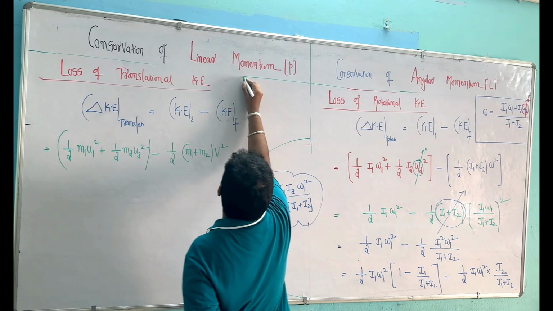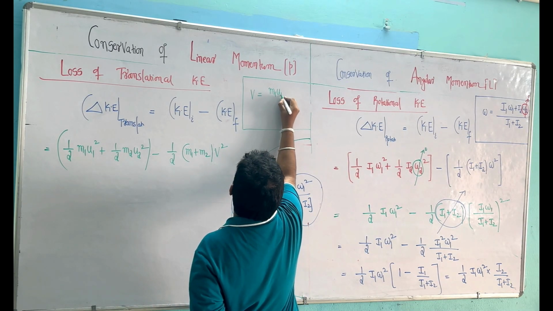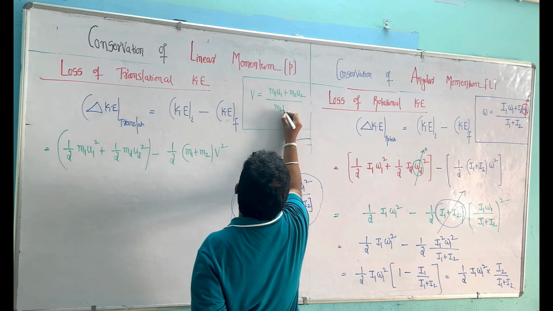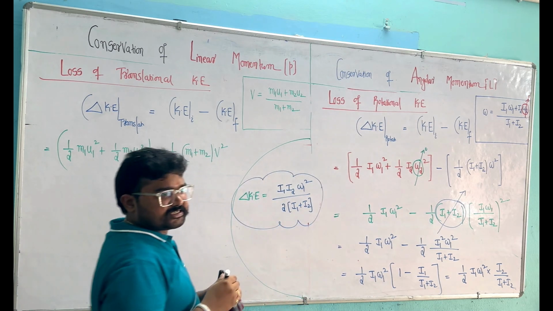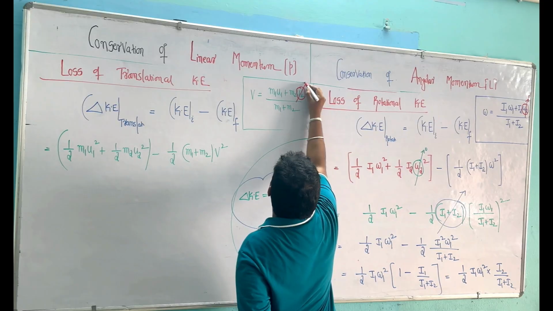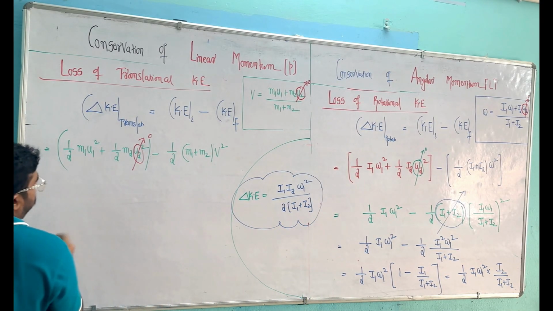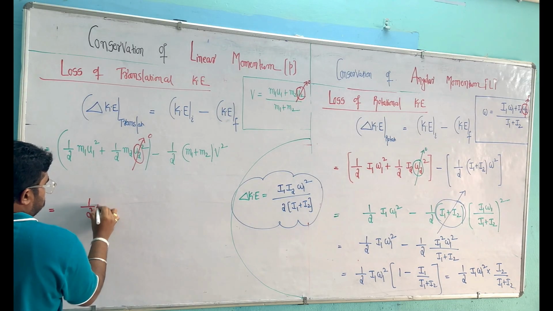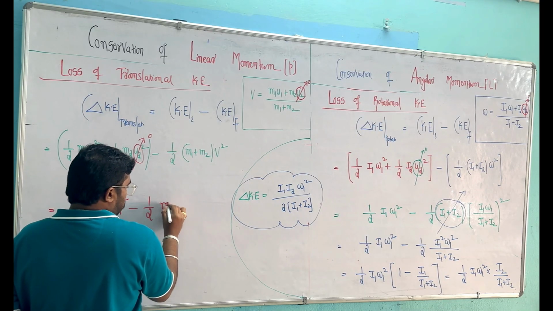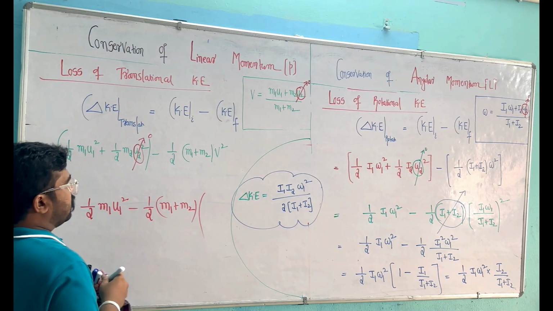V can be written as m1 u1 plus m2 u2 by m1 plus m2. u2 equal to how much here? 0. Then half of m1 u1 square minus half of m1 plus m2 into, this can be written as m1 square u1